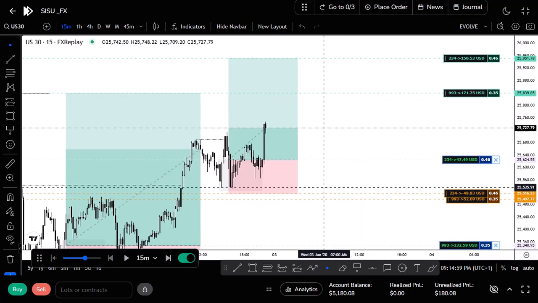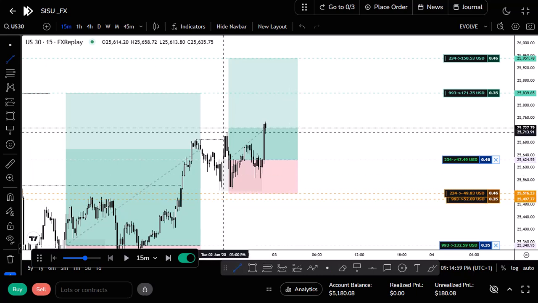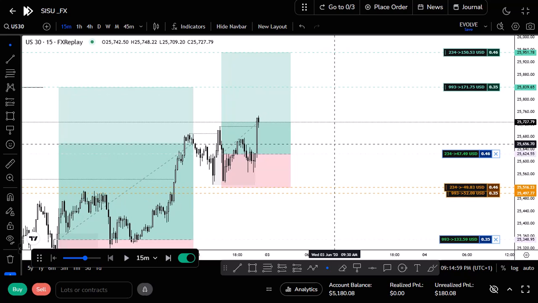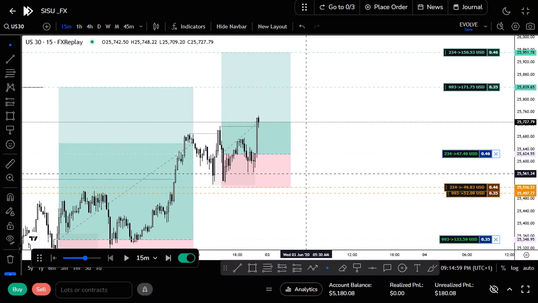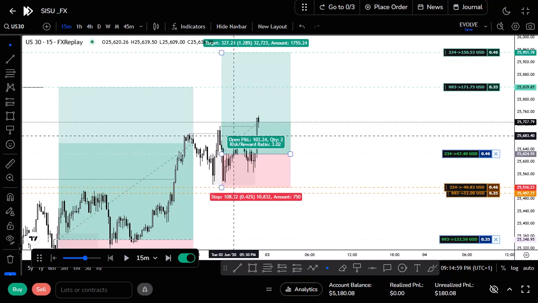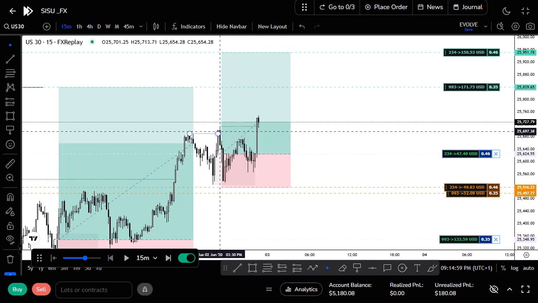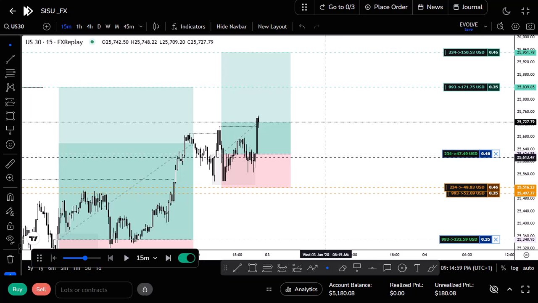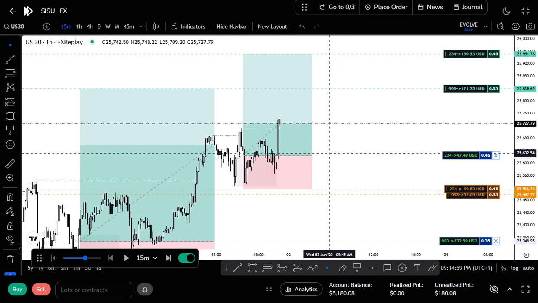So the high that came and tagged you in here, what has price done? Price has taken that high out. You can see it is very, very crazy, right? The way the price moves against you, you will be panicking, but once you have a hedge, you have no reason to panic. Just allow price to do its thing, and you are good to go.